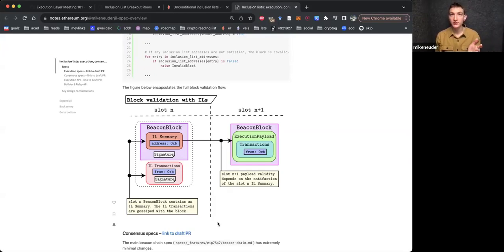I think also it just feels like a commingling, a crossing of concerns, as far as the slot N+1 proposer, I depend on the slot N inclusion list getting signed and broadcast. There's just some code smell there that feels weird. But yeah, that's the last thing I wanted to bring up. I think we're all happy with this version, so it might not even be worth discussing, but I just wanted to bring it up as something that was a big point of design iteration as we were thinking through these things.